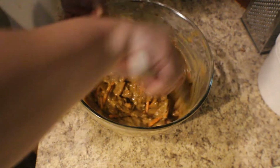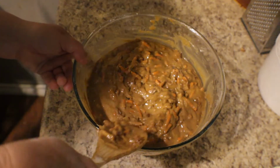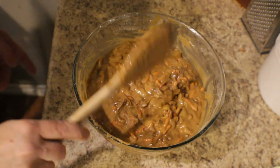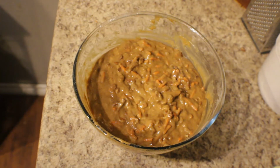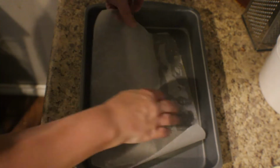Okay guys, it looks like we've got this all mixed up together really well, so I'm going to go ahead and start prepping our baking pan to bake our cake. Here's a 9x13 baking pan that I have. I wanted to do the round pans, I couldn't find them. So the 9x13 is what I'm going to use. I'm going to spray nonstick spray on the bottom of my pan, and then I'm going to come in with a piece of parchment paper that I cut out, and put it in the bottom,